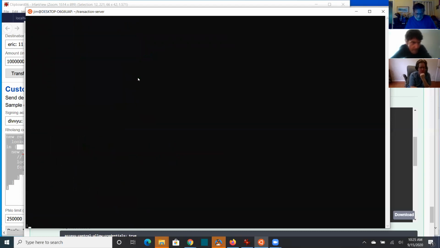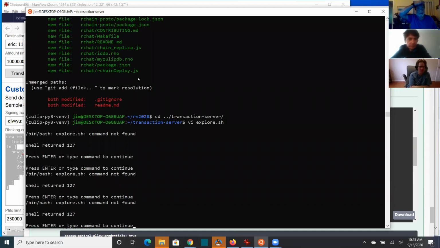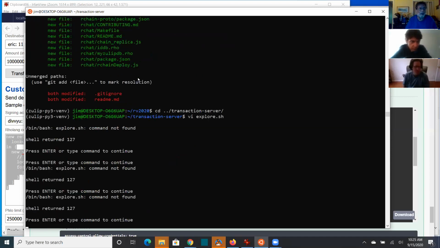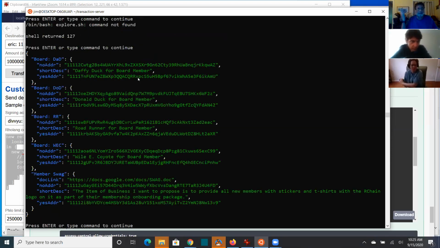I forgot the bang. Okay, well, for some reason it wouldn't run by itself, but if I say dash and then the name, it ran it. Okay, we can see here it pulled out the